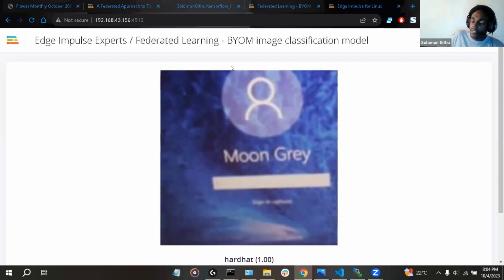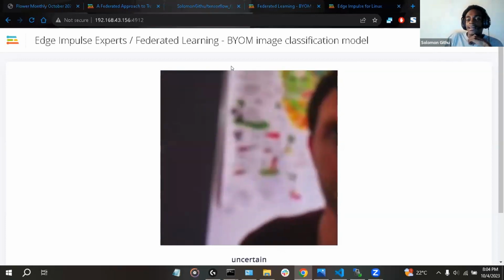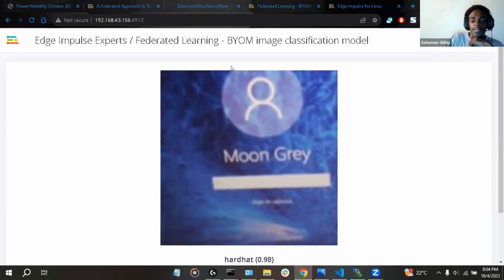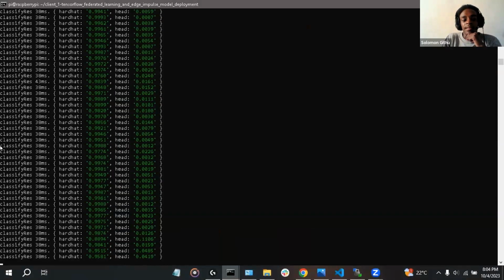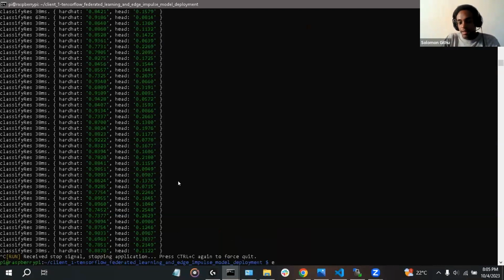And basically, what the Edge Impulse Linux runner does is, I have a Raspberry Pi over here with a camera, and so what's happening is that we are getting an image from the Raspberry Pi. We take that image, we process that image, and then we give this image to the model. And then finally, the model will also give us the output. So here we can see it's taking 38 milliseconds to classify this image, and you can see the predictions over here. And all of this is running just by running this command over here.